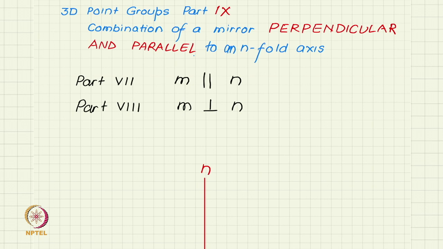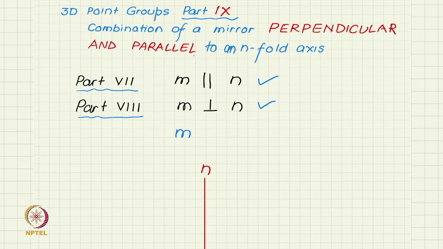We are looking at developing new groups by combining a mirror plane with a rotation axis. Two special cases are there where a mirror plane can be parallel to the n-fold axis. This case was discussed in part 7, or it can be perpendicular to an n-fold axis, which was discussed in part 8 of this series. In this part 9, the current video, we will now combine a mirror plane